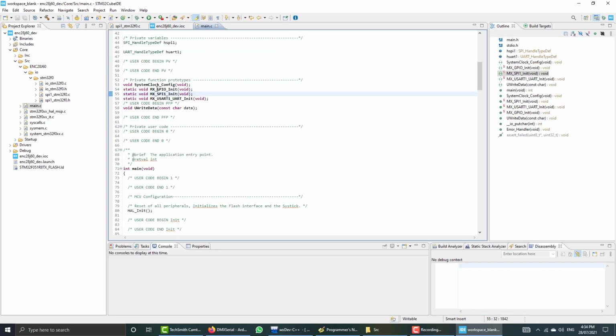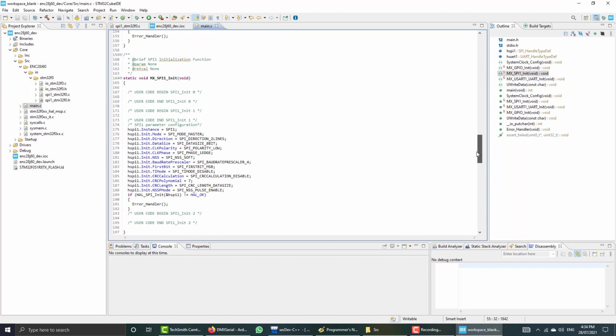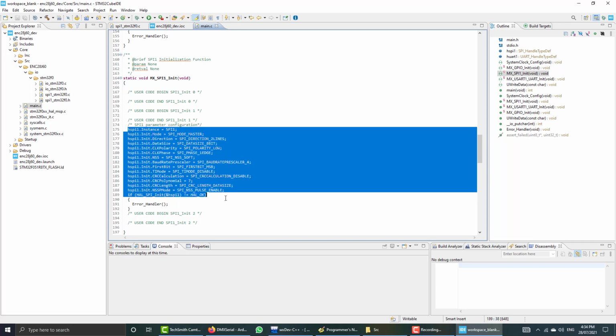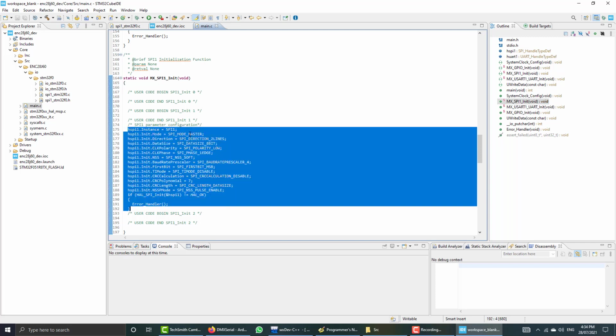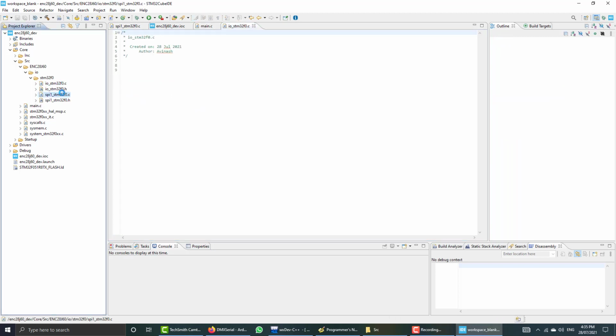So I will go to the implementation of this function. Here is the implementation. I will copy it and move it to our files. I will copy this code, leave the comment, and place it here.